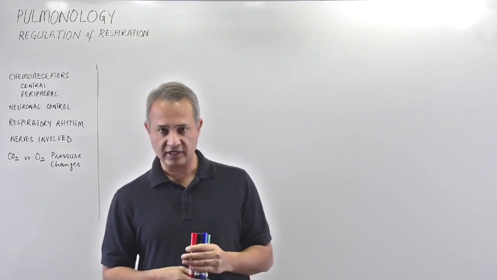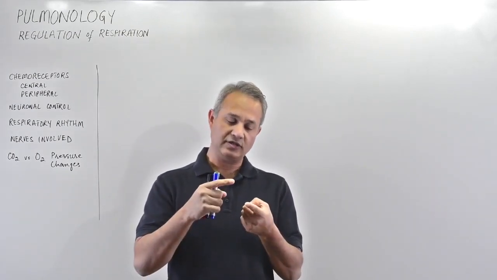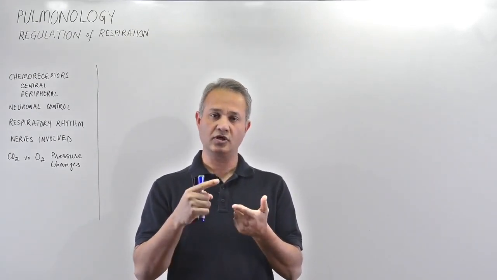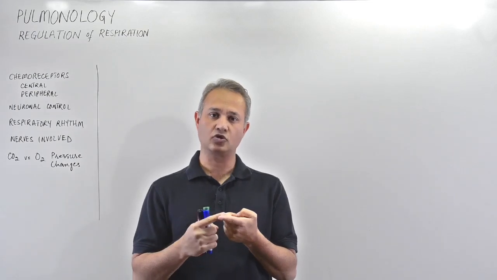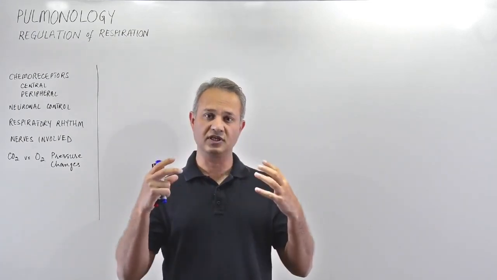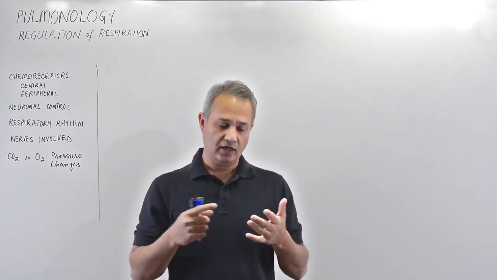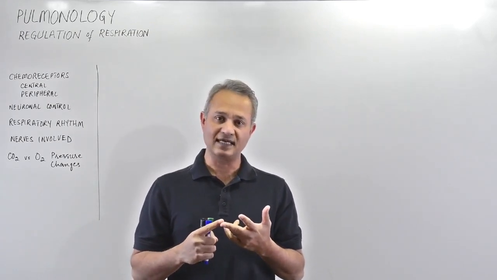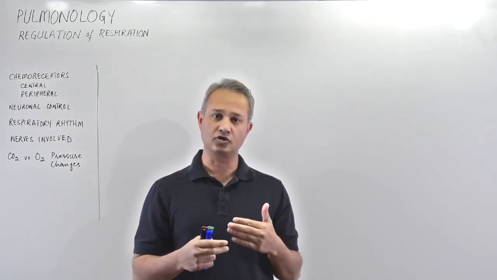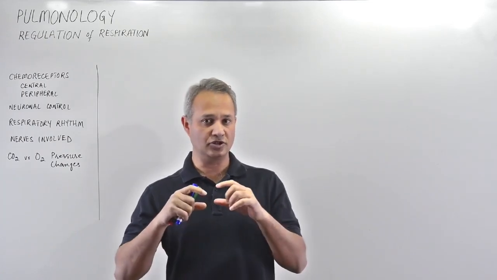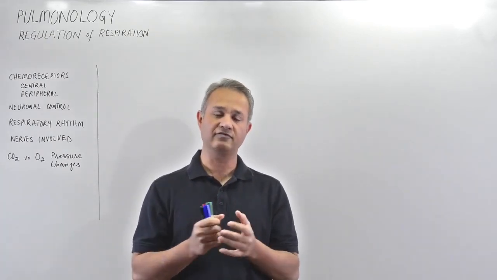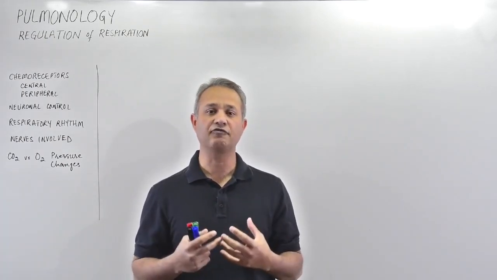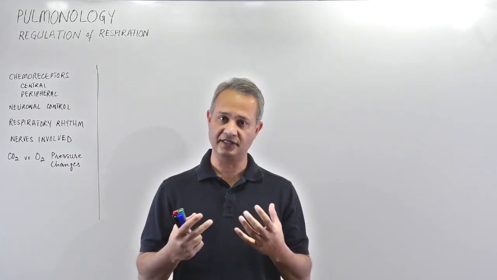In this lecture today, we'll discuss how quiet breathing is controlled, how forced breathing is controlled, and how conscious breathing is controlled, for example, how breath holding is controlled. We'll talk about the chemical receptors that help in controlling the breathing. We'll talk about the neuronal controls of the breathing, and we'll see the other factors that affect these breathing rates